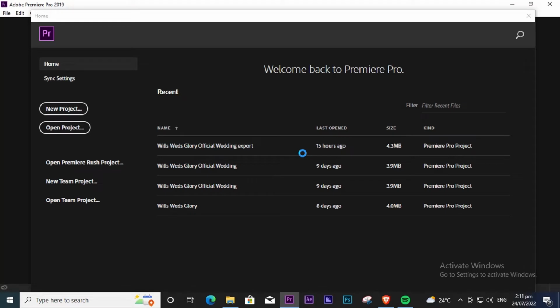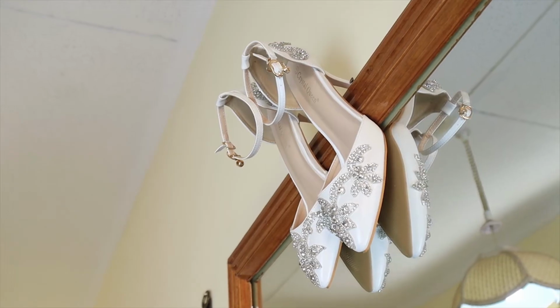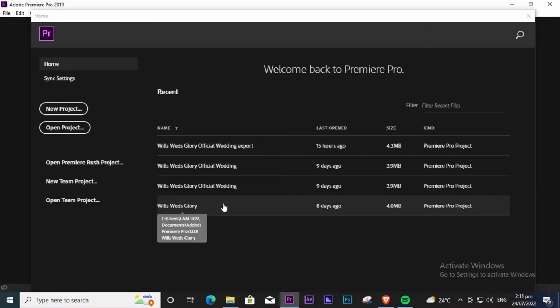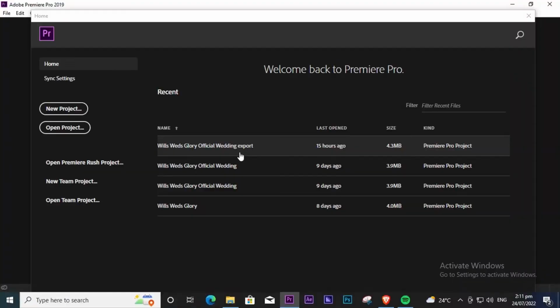Don't worry about this first page. If you can see here, these are the projects that I'm working on. I shot a wedding video, and these are the projects. When you get started and you'll be editing, the next time you'll find that you have all this stuff. This is a wedding that I'm still editing. I haven't finished it, but if I open it,